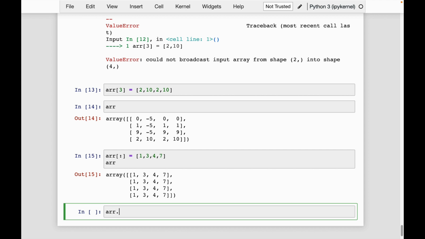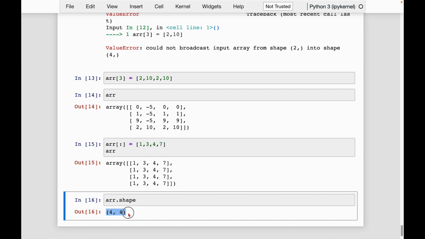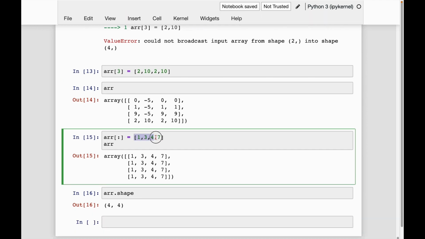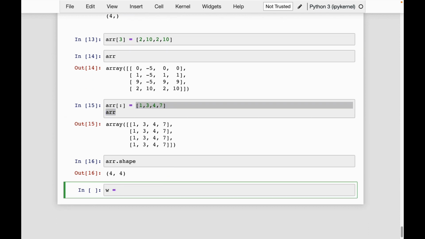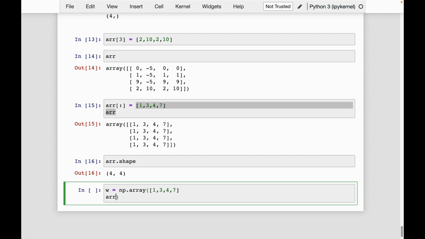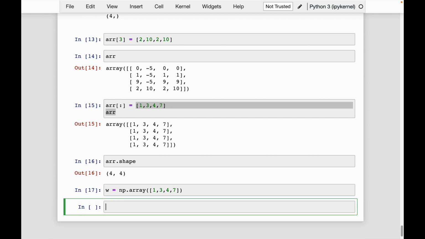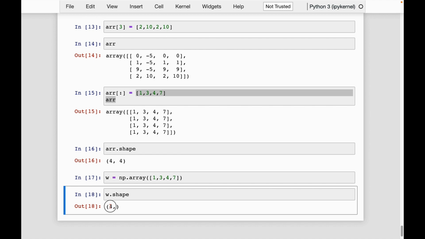So for instance, if I take a look at arr.shape, you can see here I get 4 by 4, 4 rows, 4 columns. Now what I'm going to do really quickly is convert this list here into a NumPy array just so I can call shape on it. So I'm going to say w equals np.array of this list. Oops. Then I can call w.shape, and we can see here that it's a one-dimensional length